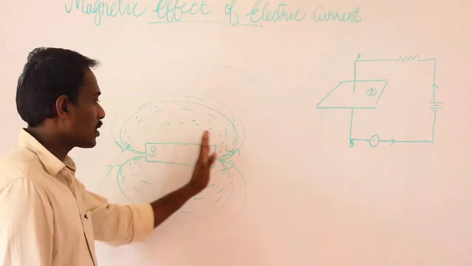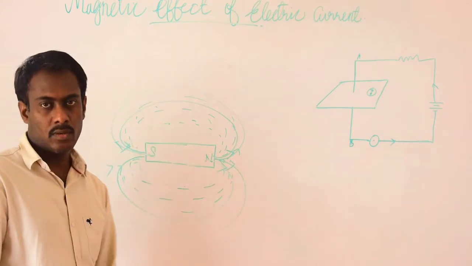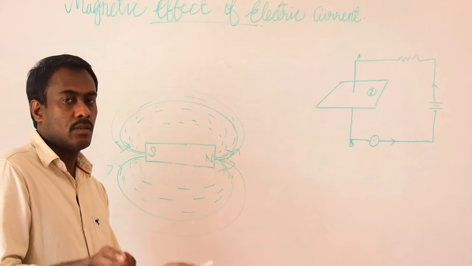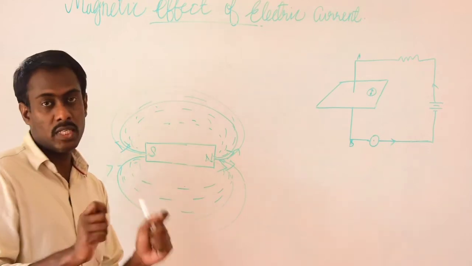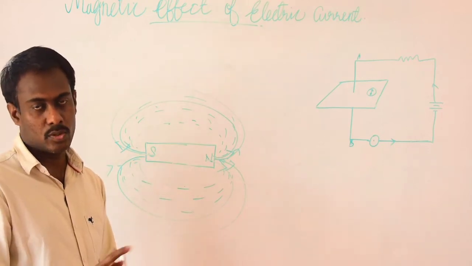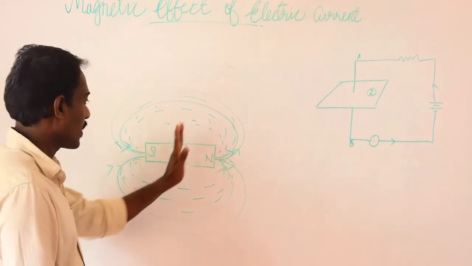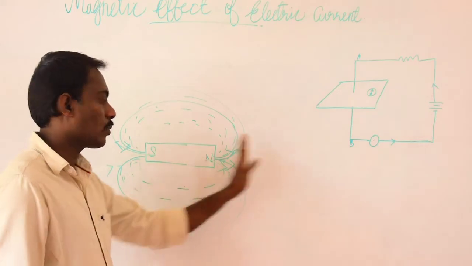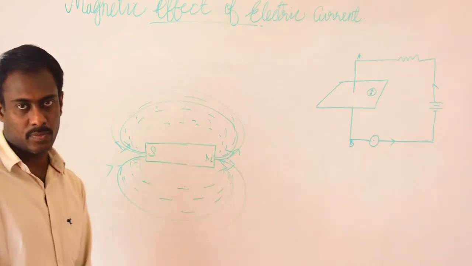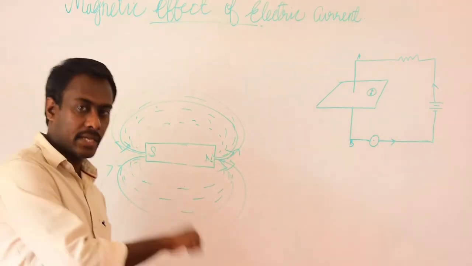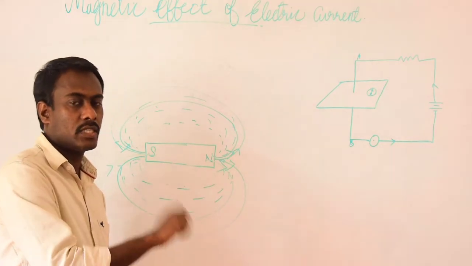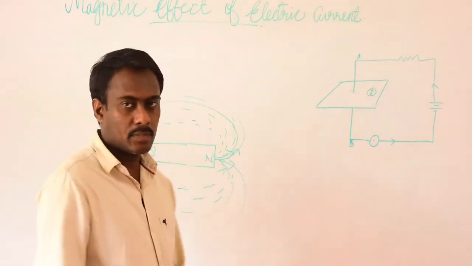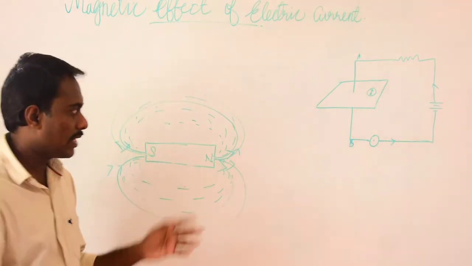And we cannot isolate these two poles. If we break the magnet, again the two pieces will produce two individual magnets having two poles, north and south poles. Or if we break this half, then this north pole and south pole we cannot separate. It always forms another magnet which has the same two poles. These are the properties of magnets we have already learned.